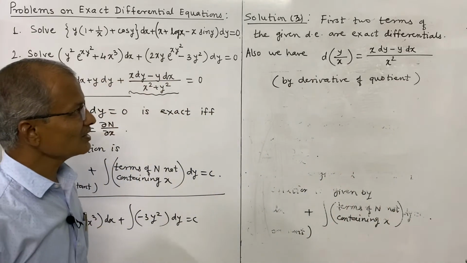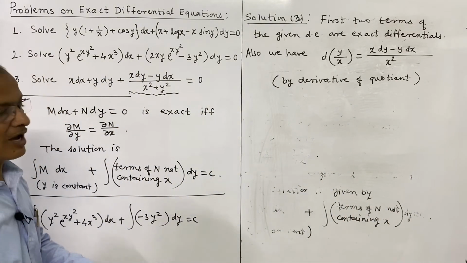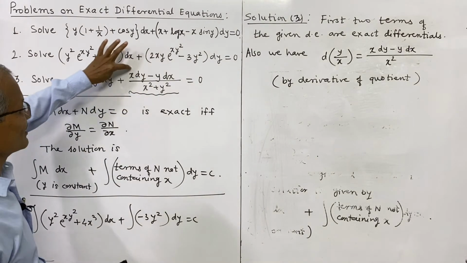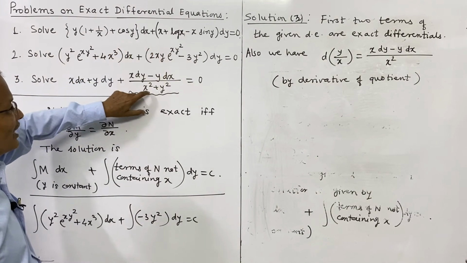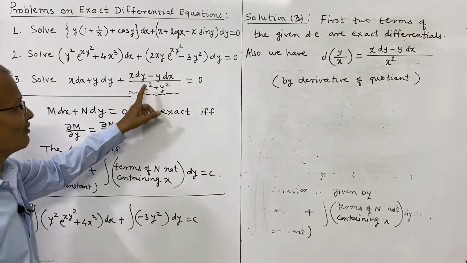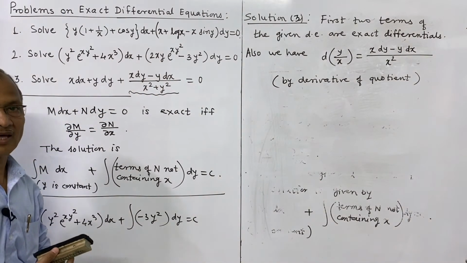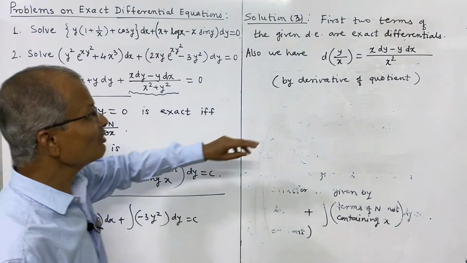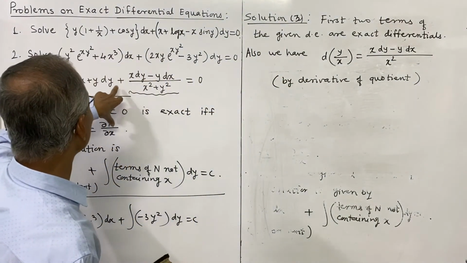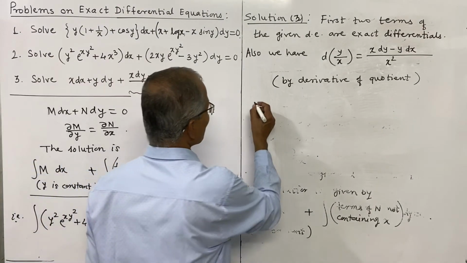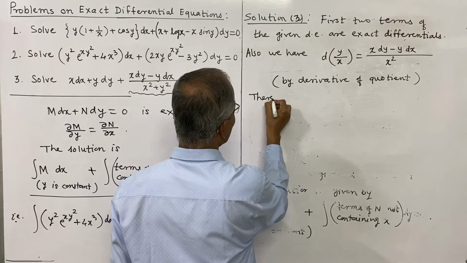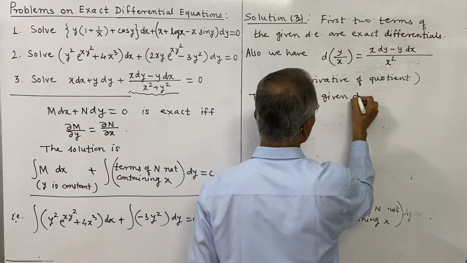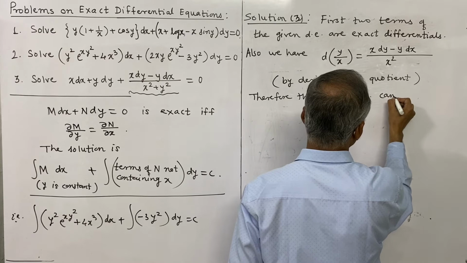So thus this is the expression, and we may observe x dy minus y dx is this expression, and we can divide it by x square, and again we can multiply the numerator by x square, then that term can be adjusted. So making use of this result, we can write the given differential equation, therefore, the given differential equation can be written as